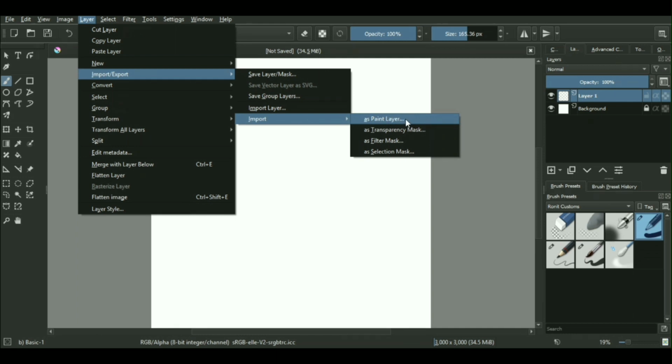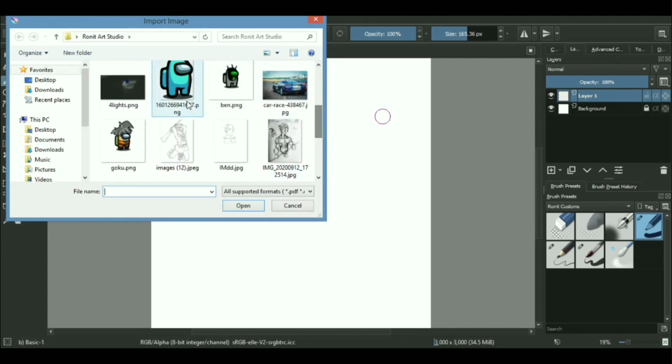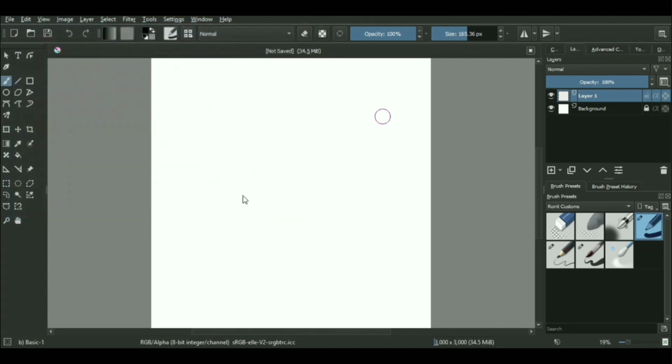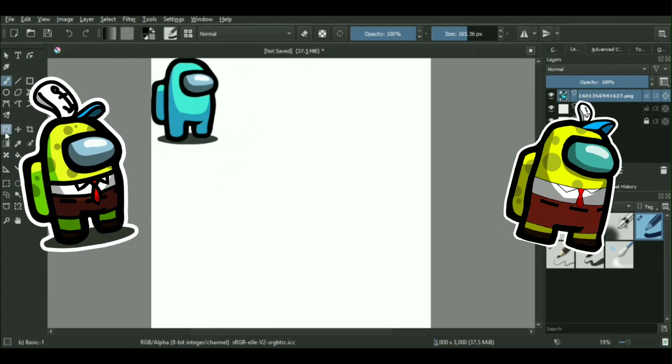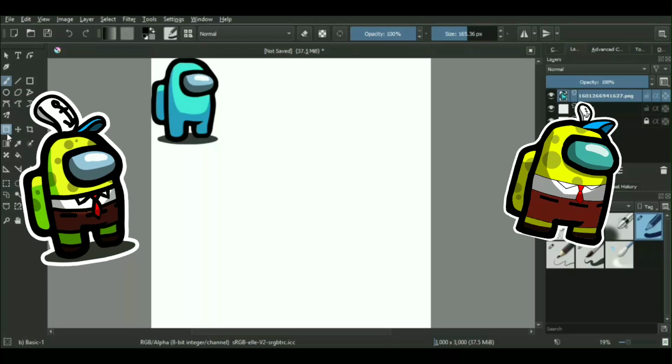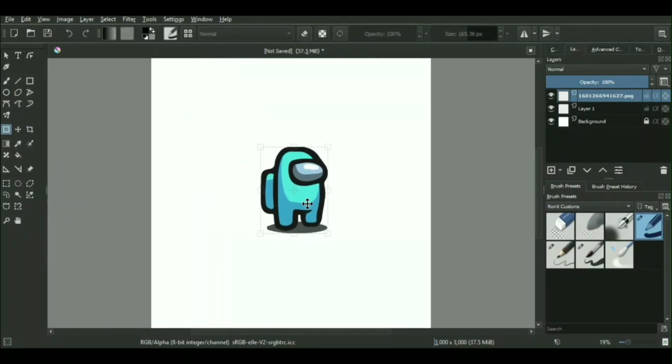Now obviously you can create your own character from scratch, but I'm not going to do that. Just tell me one thing, would you like to have your character look like this? Or would you like to have your character look like this? Yeah, that's exactly why I'm using this base image. And also it makes it easier for people to mod if they want to. Make sure all the other layers are deleted and the only layer in our project is this base character one.